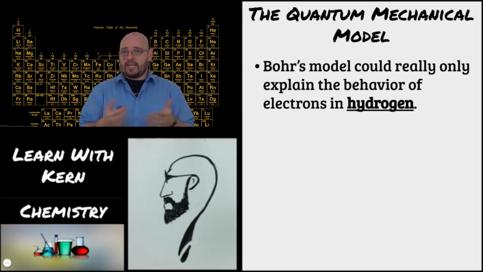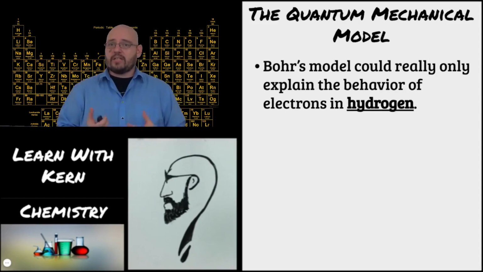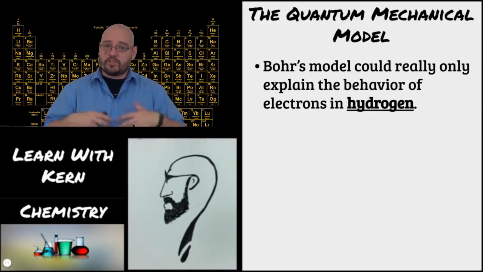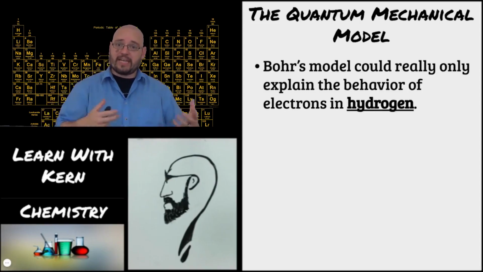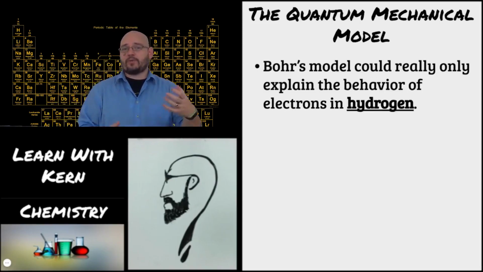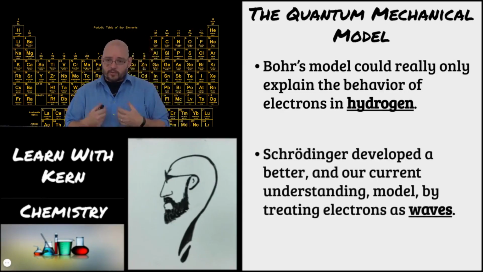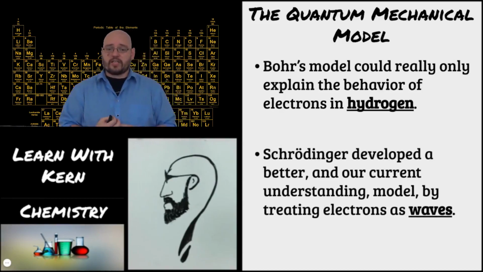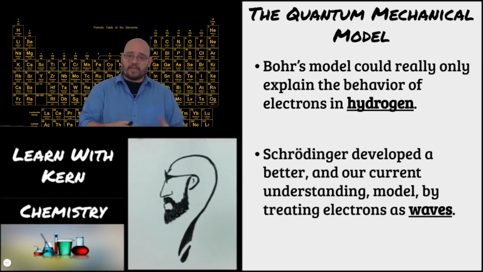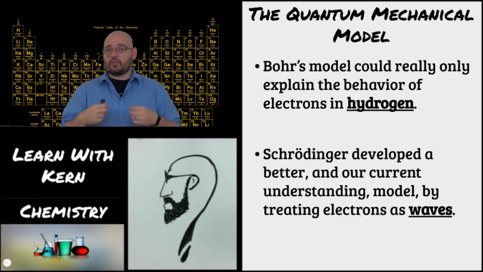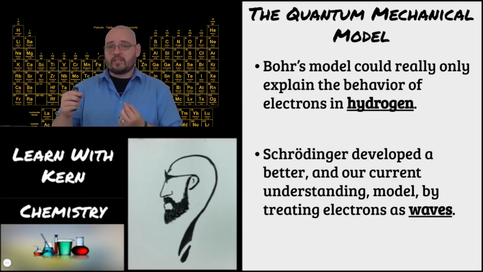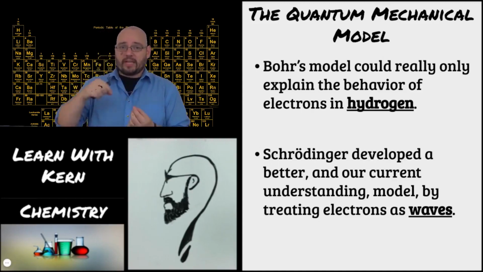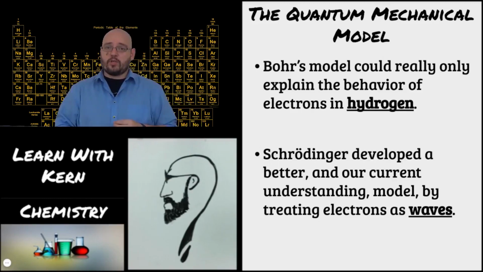Well, that's one of the now 118 elements that we have. So that doesn't really help us solve the problem of describing how electrons behave in atoms if we can really only accurately explain one element. So along comes Erwin Schrödinger. And Schrödinger developed a better understanding, and it's more or less our current understanding of how electrons behave by treating electrons as waves instead of particles. Instead of treating them like particles, like planets circling the orbit, he treated them like energy waves surrounding the nucleus,